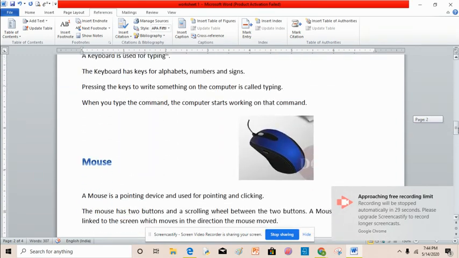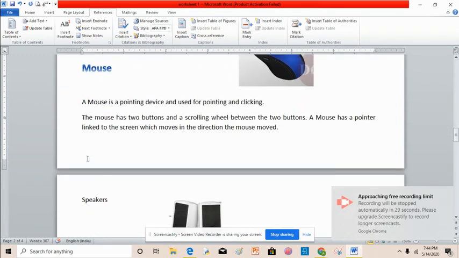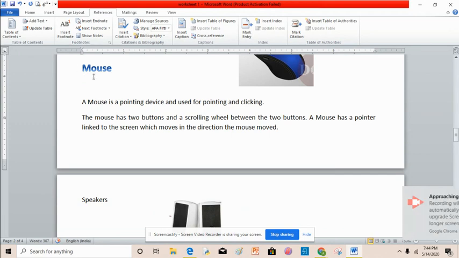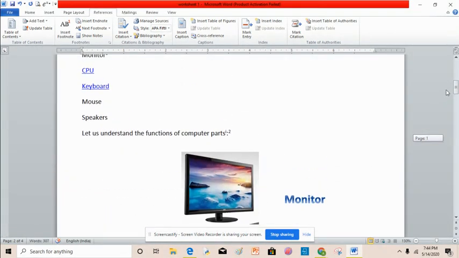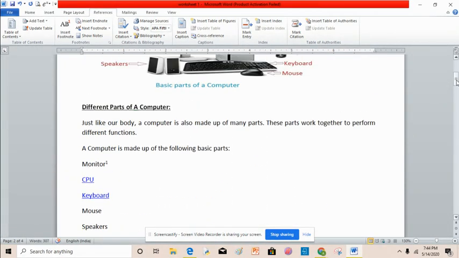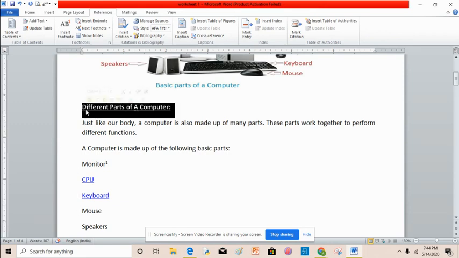Now you can do the same practical to learn it. Now I will show you how you can add a hyperlink. Suppose I want to give a hyperlink. A hyperlink means it will take you to another spot or location whose link is added on that text. Suppose I want to give a link on different parts of the computer, then select this text, go to the